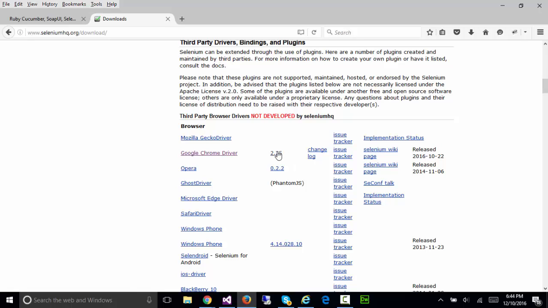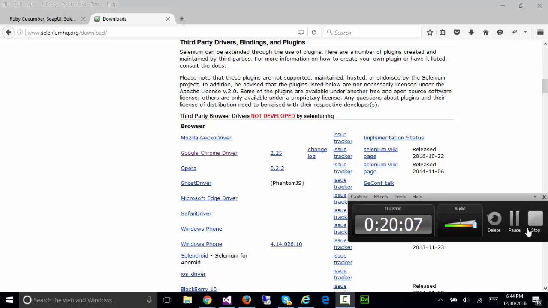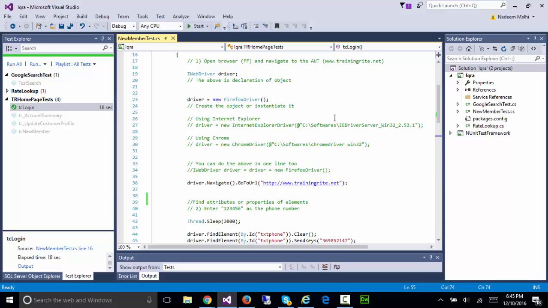So once you have downloaded that, you don't need to do any installation. Just place them in some folder and note down the path where you downloaded these drivers. So here in this code we are using the default browser, which is Firefox. However, say we want to use Chrome driver instead of Firefox, so we'll just